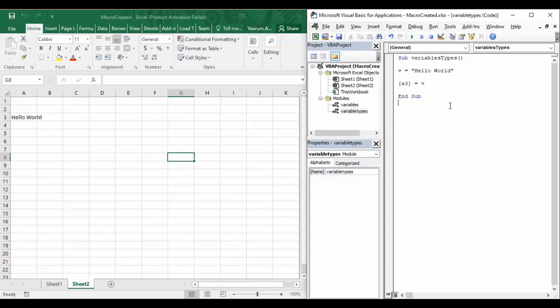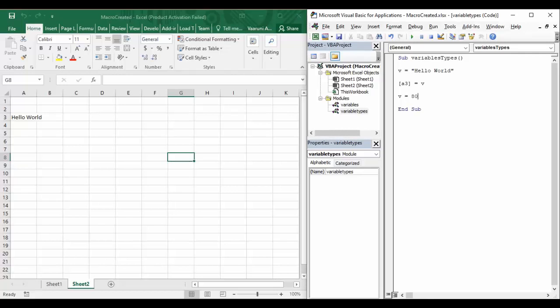But after executing this statement, I realized that I want to perform some other action. I want to store a numerical value, but I want to use the same variable, that is v. In VB, it is possible to assign a numerical value to a variable that was previously holding some other value, which means that to the variable v, you can now assign a numerical value instead of a string value. Do you want to see that example? So let's type v again, put an equal sign,